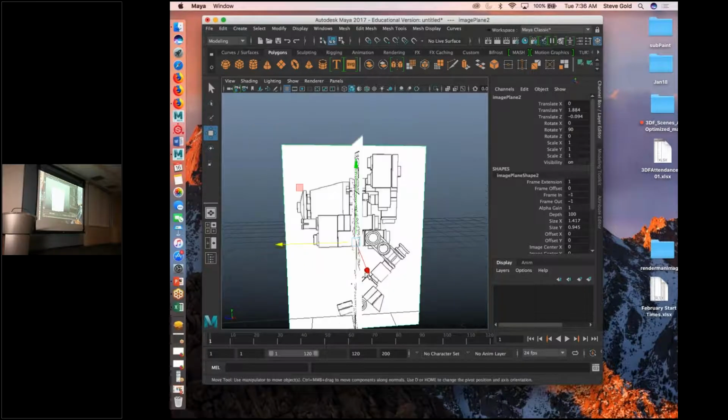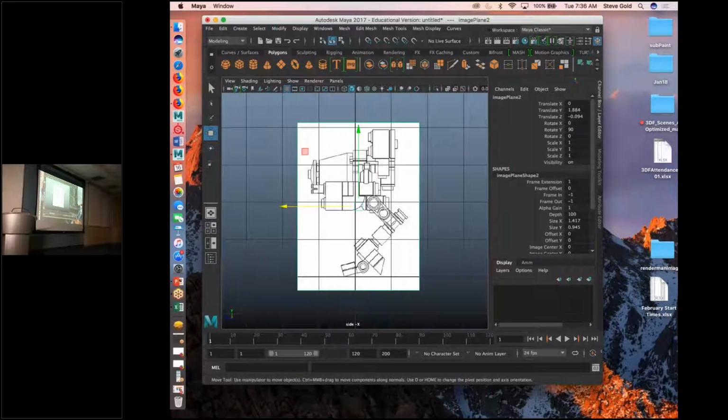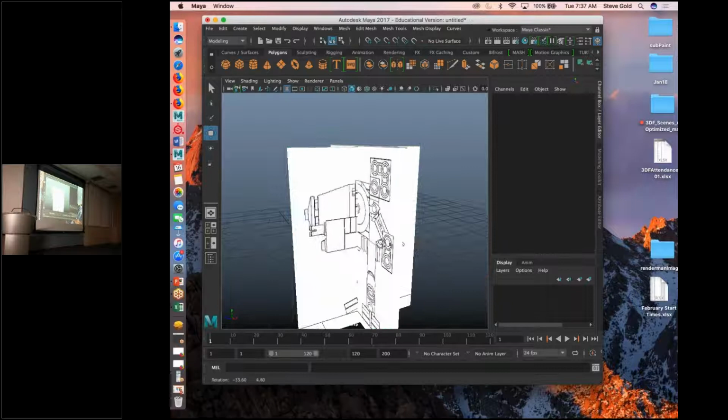All right. So once you get those things looking good, and I know it's tedious, but believe me, it is well worth it to get those image planes lined up properly, because they will save you so much time later on. You don't want to be halfway through your model and realize there's no way you can build it with the way your image planes are set up. So get them lined up like that. Now, once they are lined up and they agree,